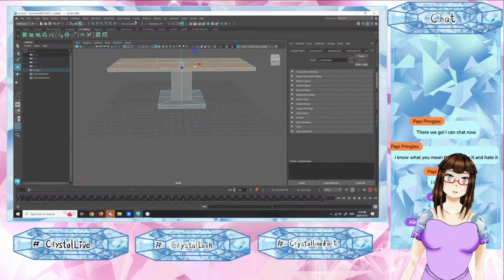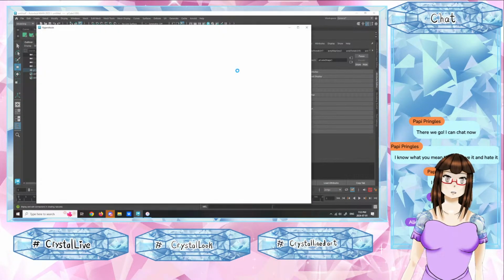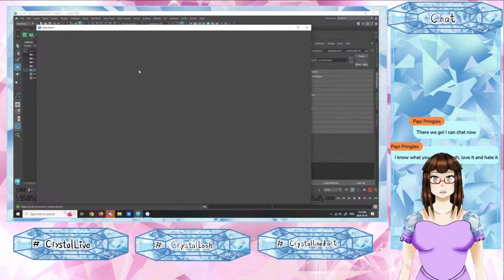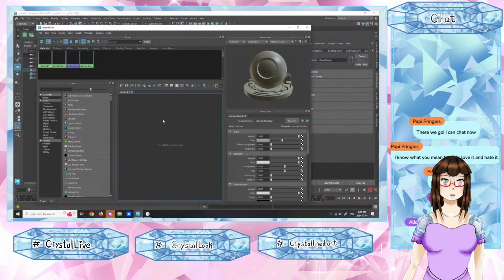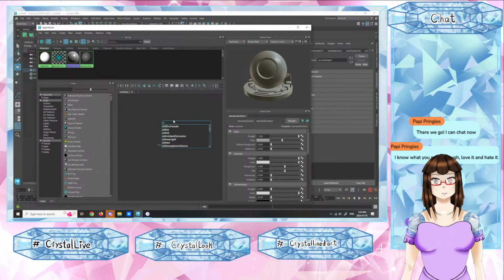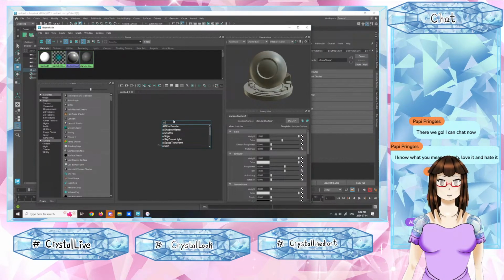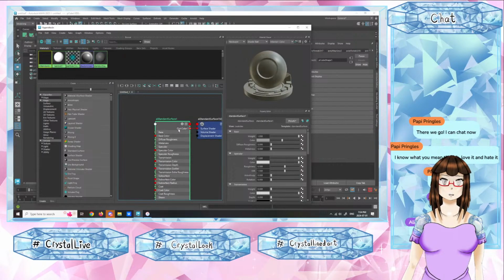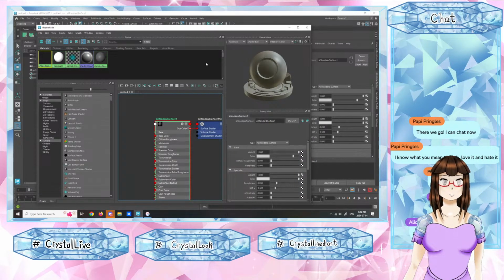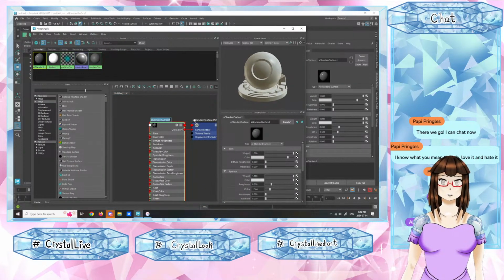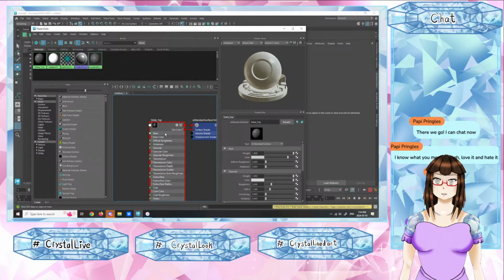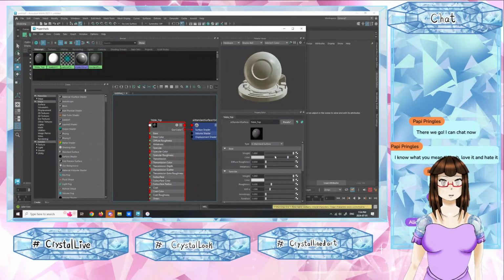Now this, click that button for the Hypershade. The only AI we use, standard surface. I'll just name this table top. There we go. With that,